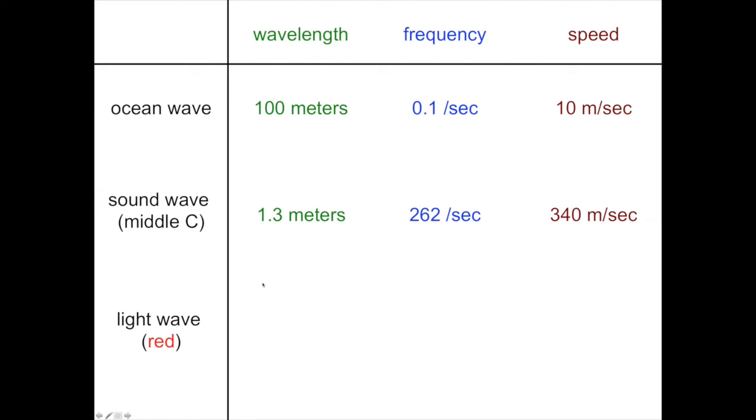Finally, let's consider a light with a red wavelength. I might be considering a deep red light with a wavelength of about 6.6 times 10 to the minus 7 meters, approximately 0.66 microns, 0.66 millionths of a meter. The wavelengths of light are really tiny. The frequency of light is extremely high, 4.5 times 10 to the 14 waves per second, or put into human words, about 450 trillion waves per second for a wavelength of red light. If I multiply 6.6 times 10 to the minus 7 meters by 4.5 times 10 to the 14 waves per second, I get 3 times 10 to the 8 meters per second.